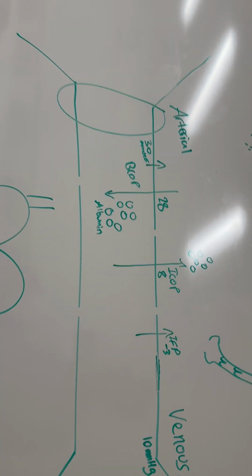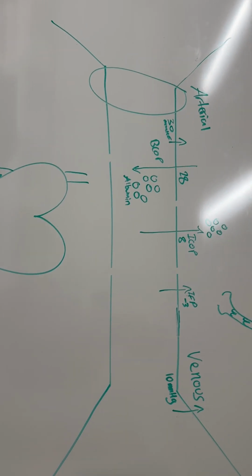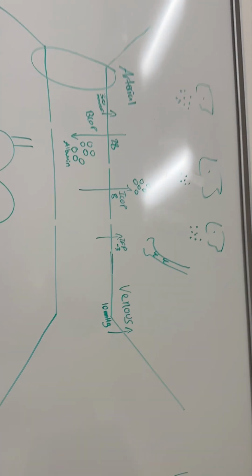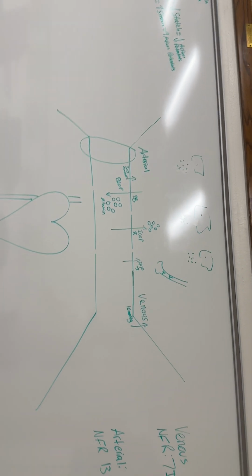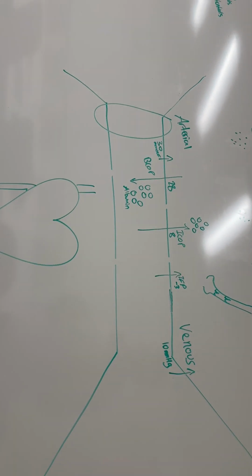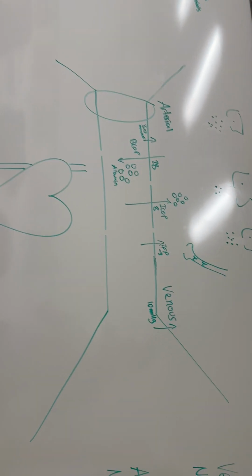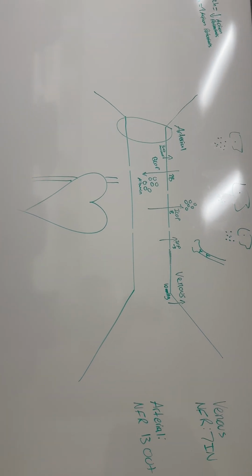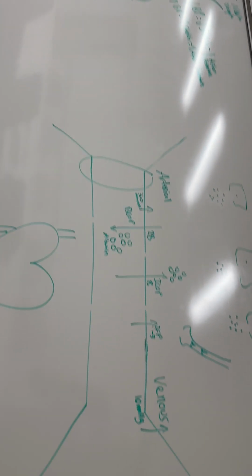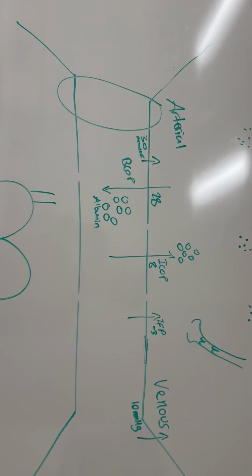So if we have less albumin, our BCOP is going to be lower, which means that we're going to leave more fluid out in the interstitium because that water doesn't want to come into the capillary as much, because there's not as much albumin. So if we have starvation or diluted blood plasma, there's less protein in that blood, then there's going to be more fluid outside of the blood in the interstitium,